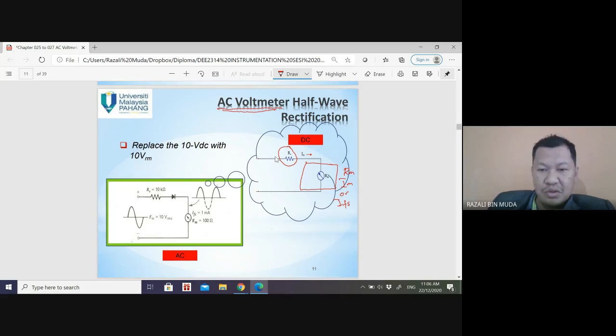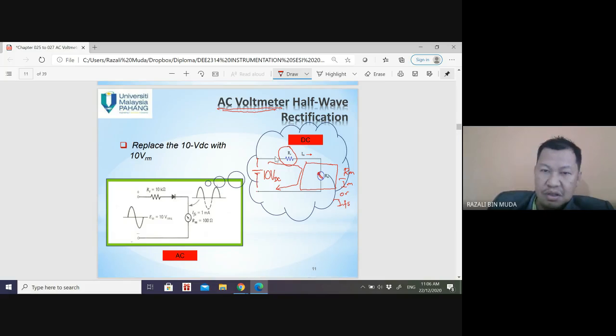Okay, so let's say this voltmeter has a voltage of 10 volt DC, a battery of 10 volt DC. The current will flow here, and you have full scale; the needle will deflect full scale. Okay, so what happens if